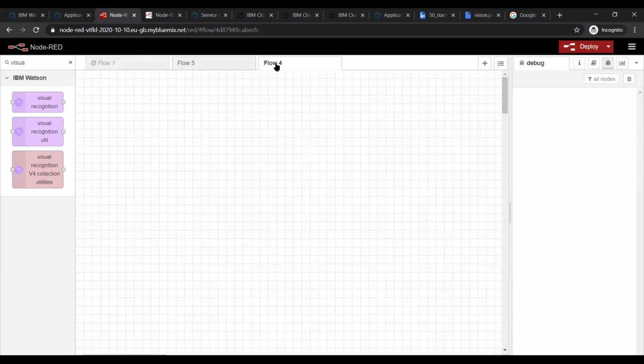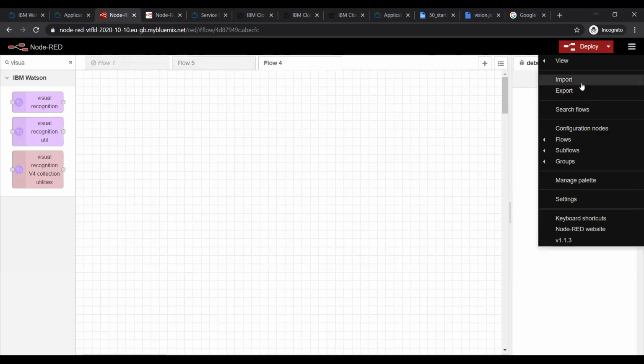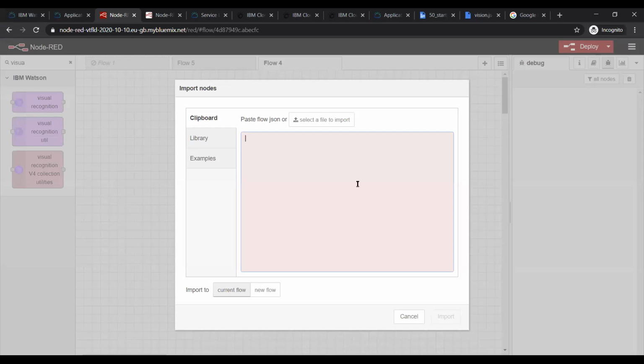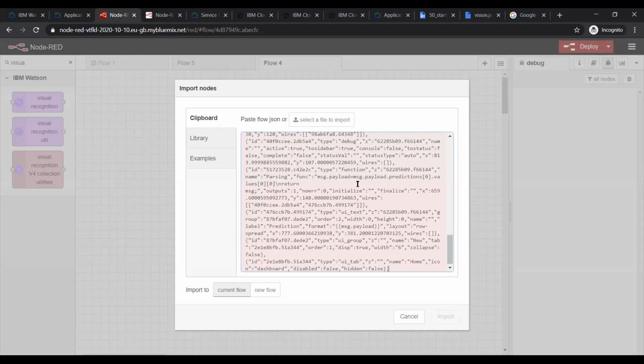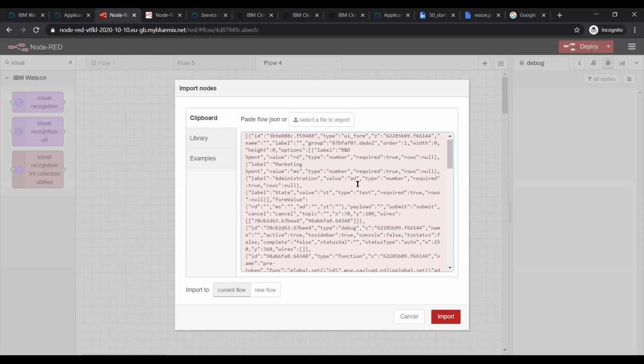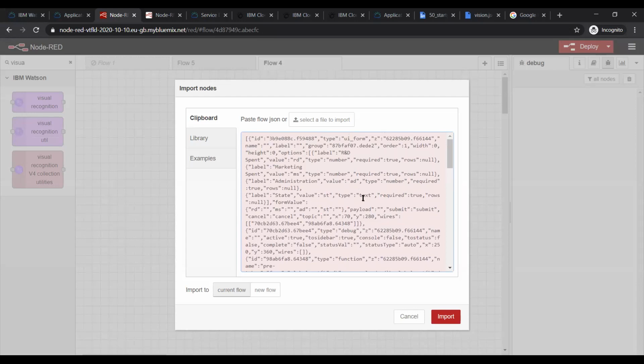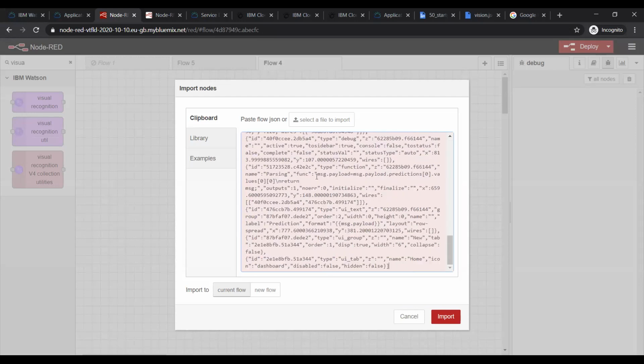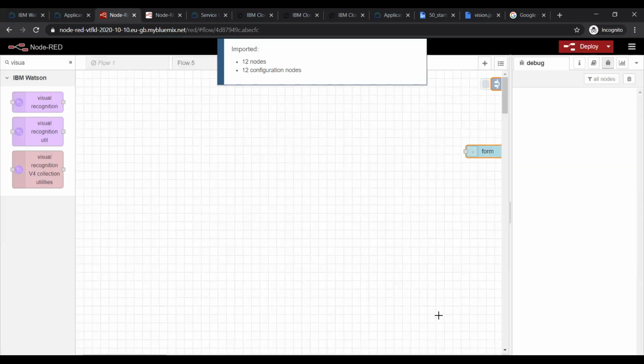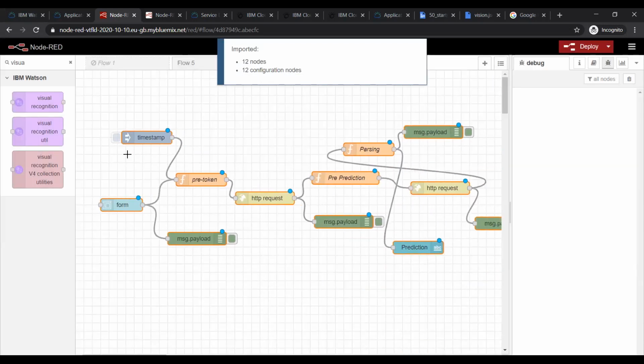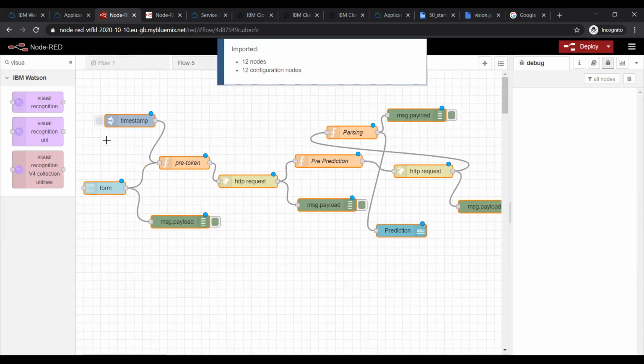Right. So we should now go and understand how to build a UI for a machine learning model. Okay. So what I'll do is I'll go click on import and I'll import the flow. So I've already copied the flow which I have given to you. So I hope you all have also imported, right? So I'm just importing the flow. So this is the entire code and I click on import. Okay. So now this is the flow. I just paste it here.